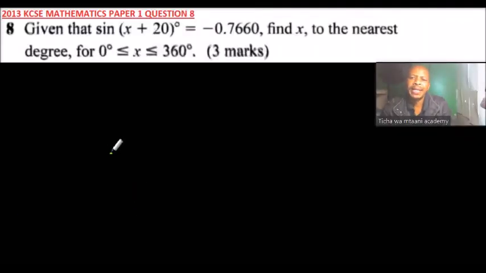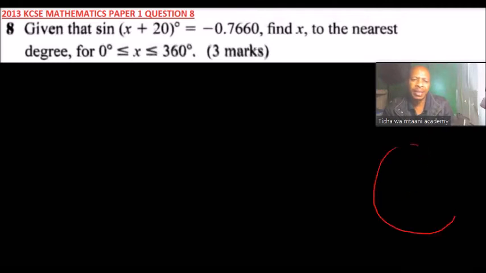Question number 8, given that sine of x plus 20 degrees is equal to minus 0.7660, find x to the nearest degree for 0 less than or equal to x less than or equal to 360. Now, you get 3 marks. So if we are given that sine of x plus 20 is equal to minus 0.7660,